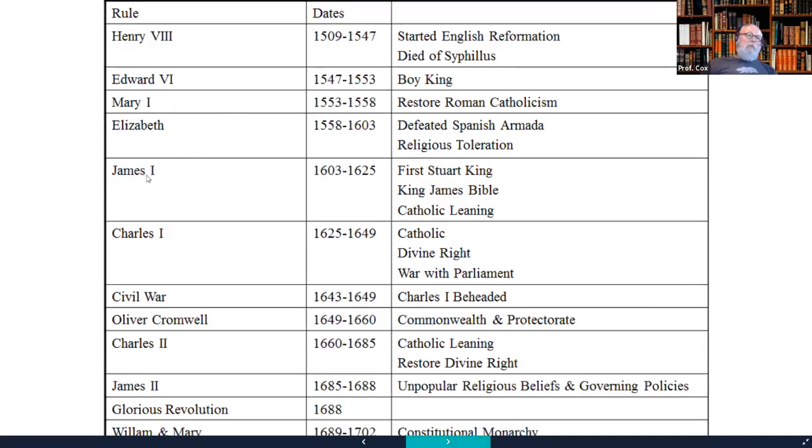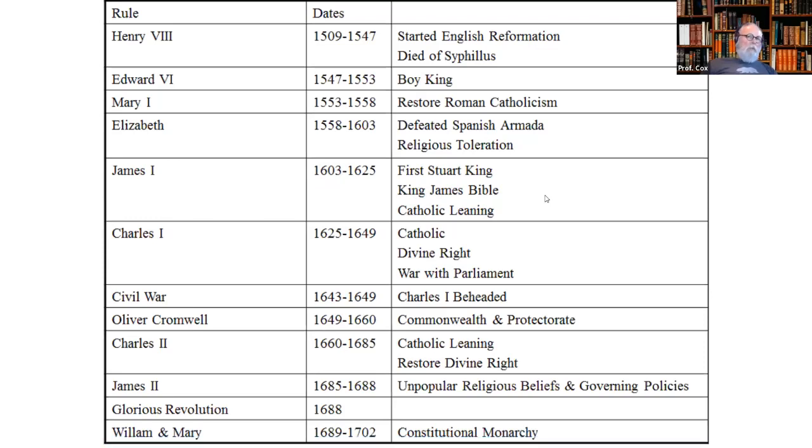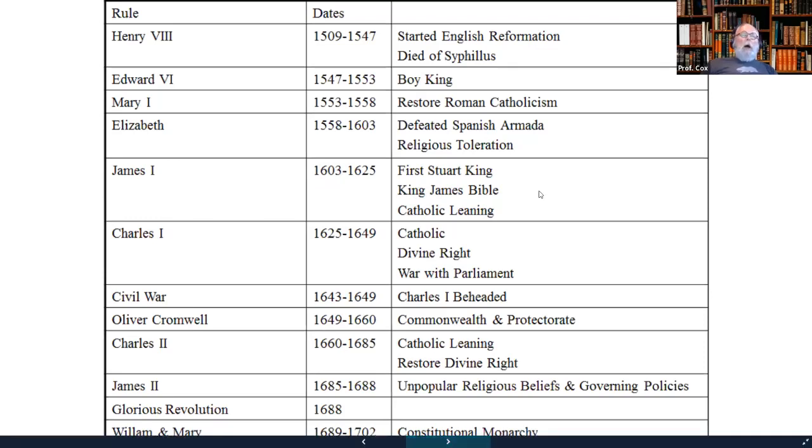He was just James of the House of Stuart before, but now when Elizabeth dies, James becomes the king. He's also the king of Scotland, all right? The thing about James was that he was very, very unpopular in Scotland because he was Catholic and all the people in Scotland were staunchly Presbyterian or Calvinist, right? Reformist, okay? And so he was very unpopular there. And he actually ends up being a pretty unpopular ruler,